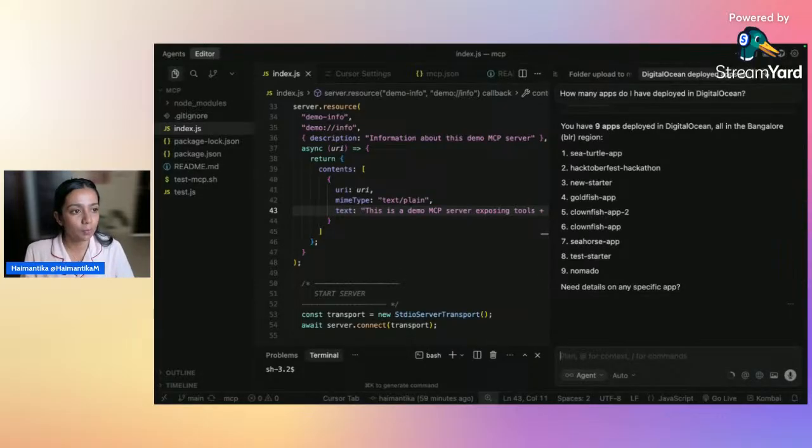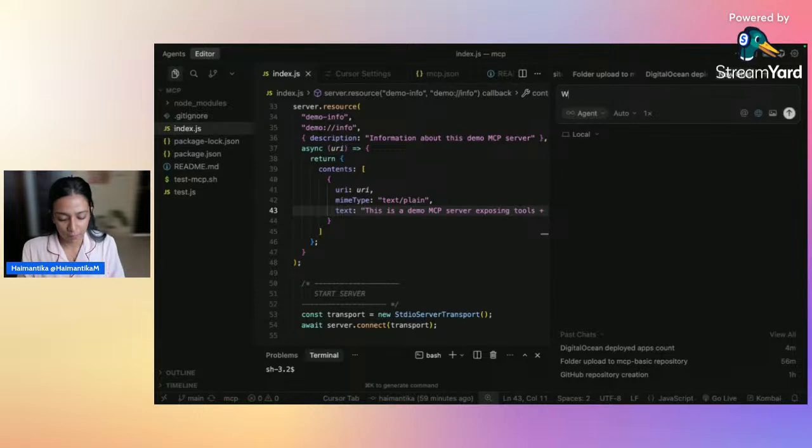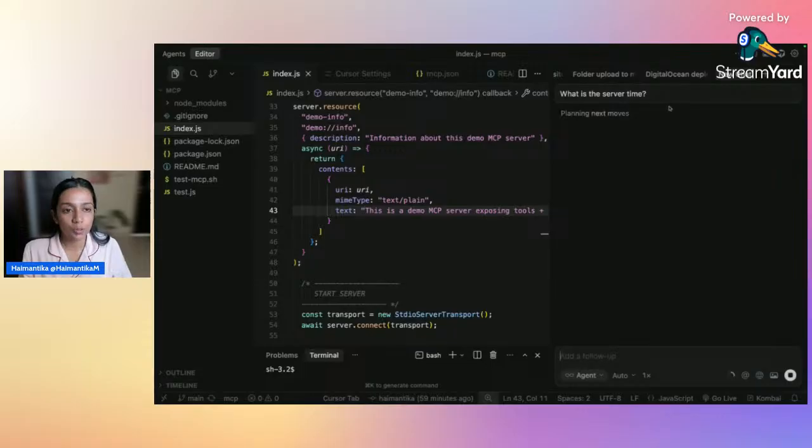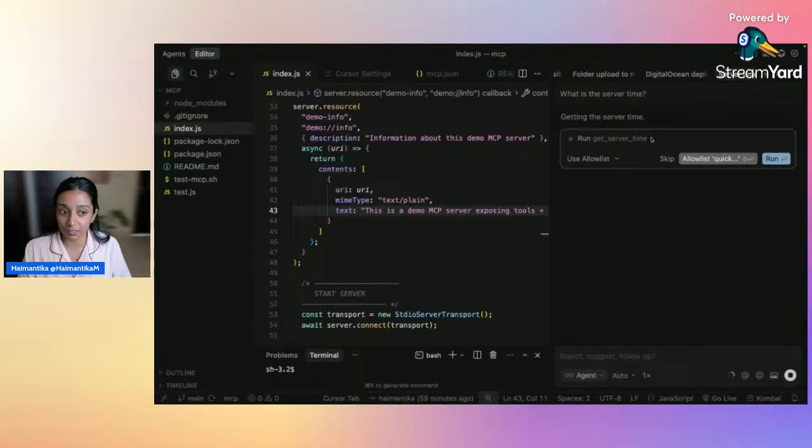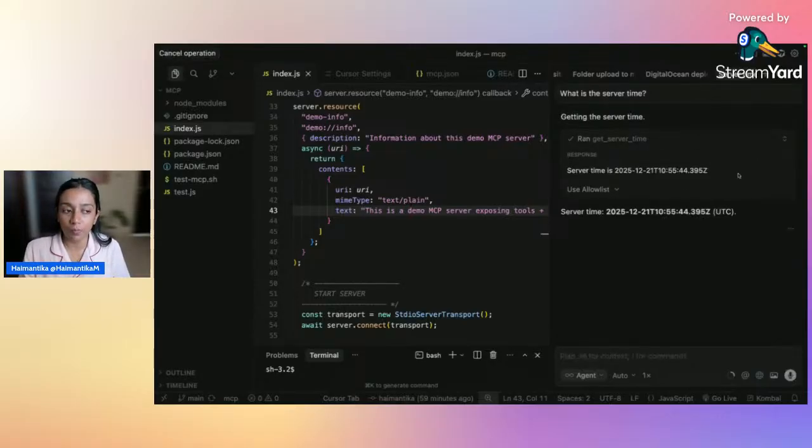So let's go back to our chat, and when I type things like what is the server time, it should know that there's an MCP server that gets the server time, and it should run it. So now when I click on run, you'll see that it is giving me the server time as per the MCP server that we just built.